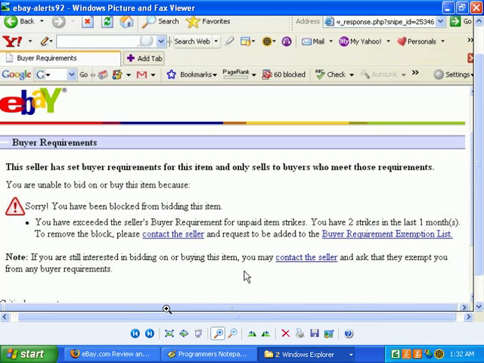Some sellers only ship within the country that they're living in. That's about it. Unpaid strikes, not having a PayPal account. Like I said, that's the most common anyway. Not shipping internationally, and the unpaid